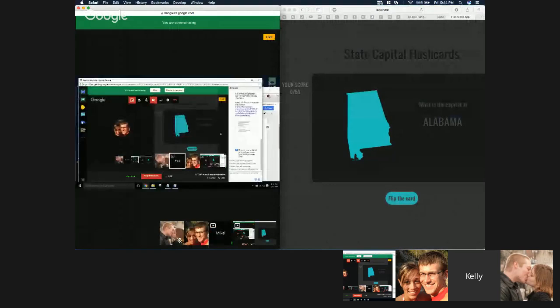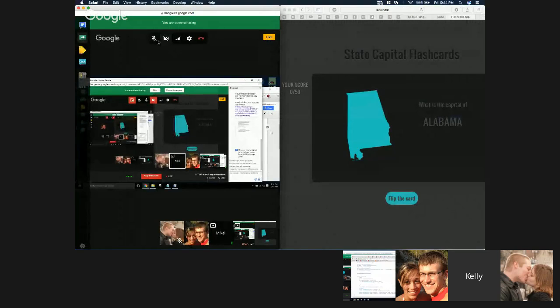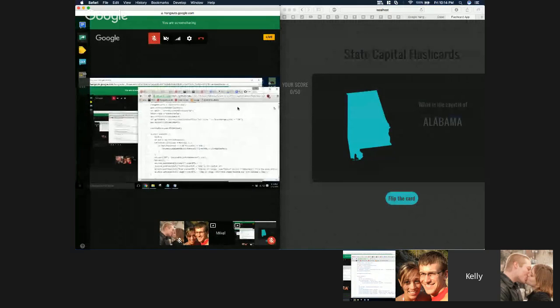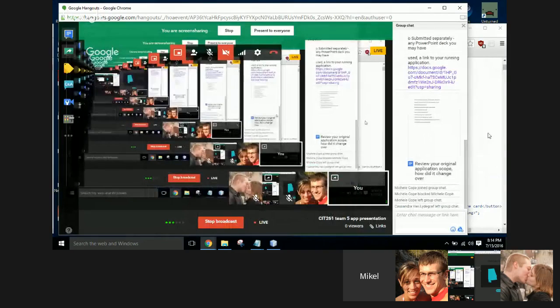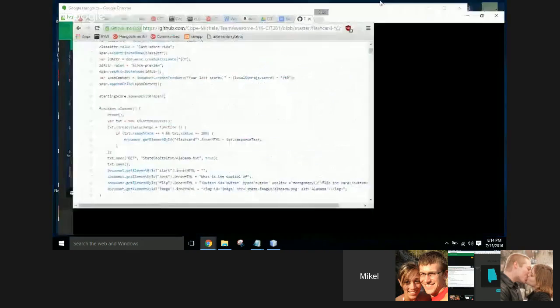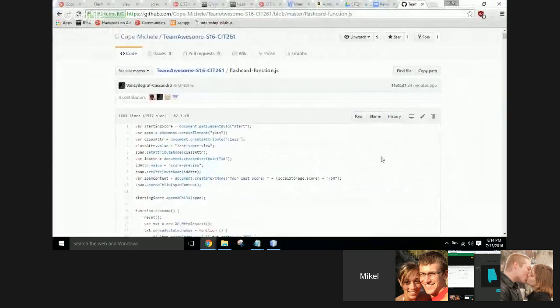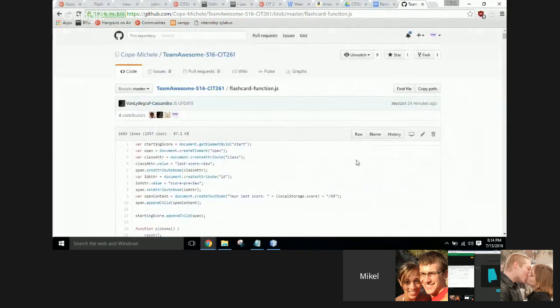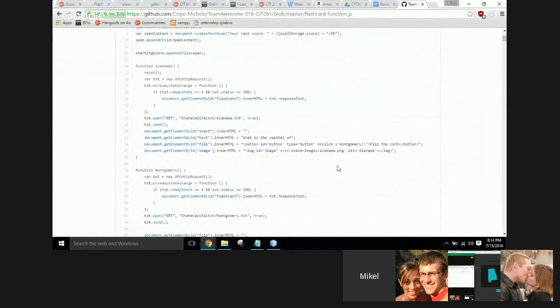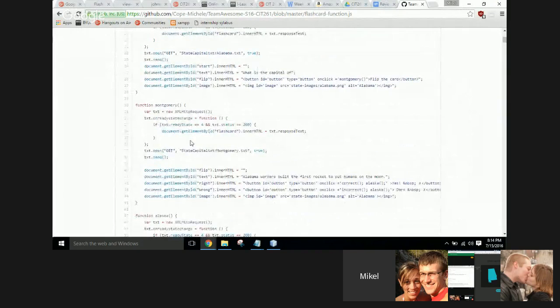Yeah, it's definitely been a great app and a great process working together. I'm going to go ahead and show, let me grab my screen here, get eyes on my screen, and I'm going to show some of how I've contributed. So the things that I've done is I did the first half of the state functions and the capital functions.